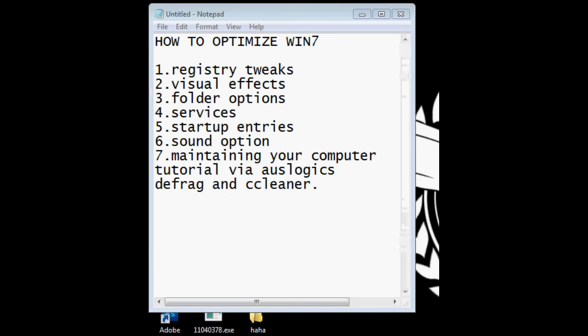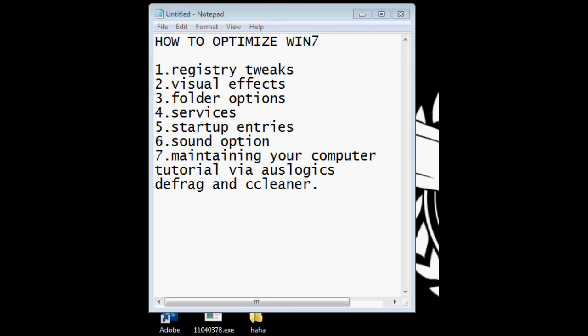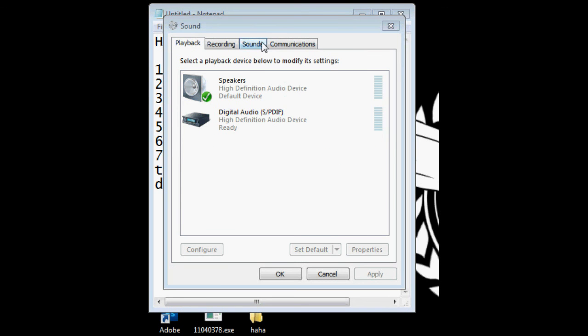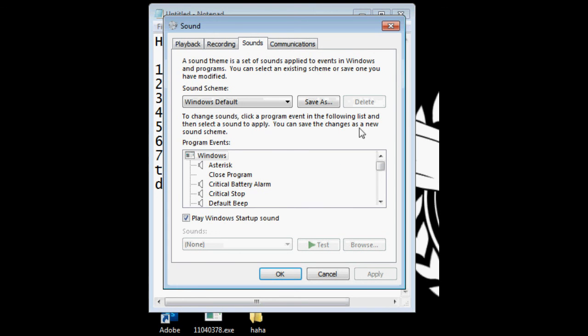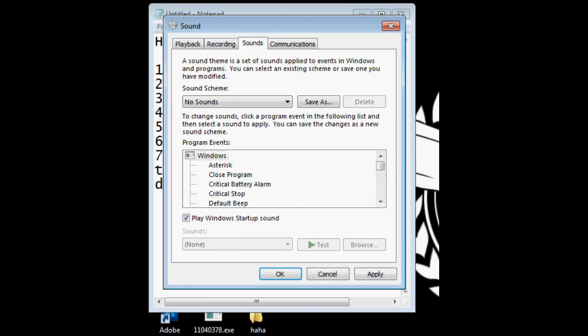So let's go to sound. Type run mmsys.cpl. Here it is. Now go to the sounds tab and select no sounds. Select this, then from the sound scheme.